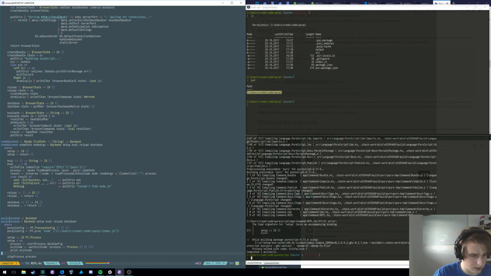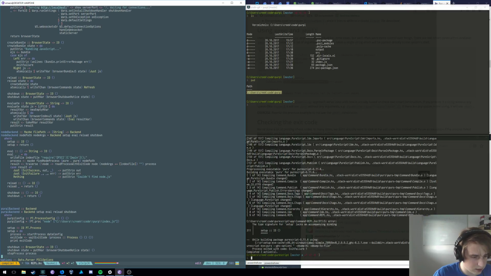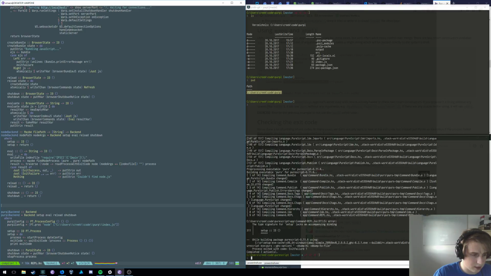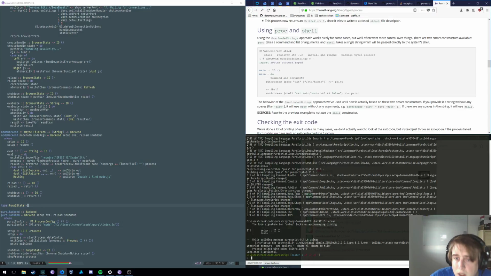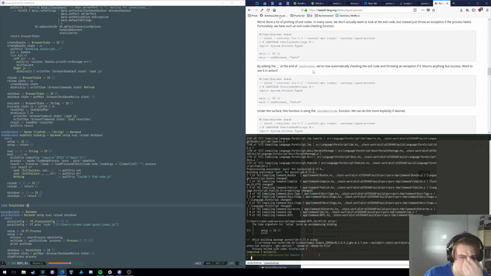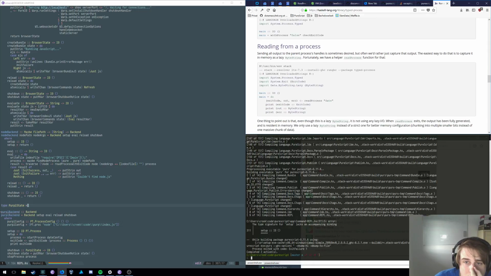So let's just do that right now. So shutdown is going to take browser state. No, it's going to take something else, which we don't know yet. So that's going to be purple state basically. And I think that's going to be a process type, but I'm not sure. So purple state, we're just going to do that for now. Okay, so let's find out if we can figure out what's going on here. We do need a process